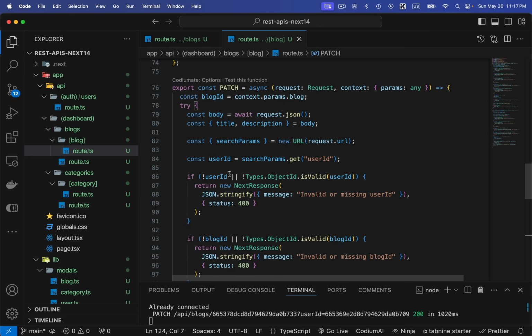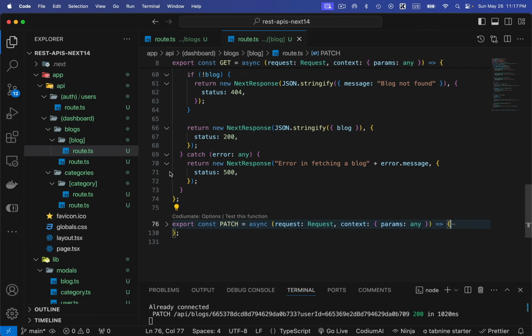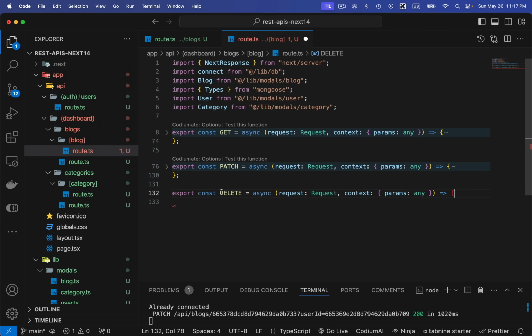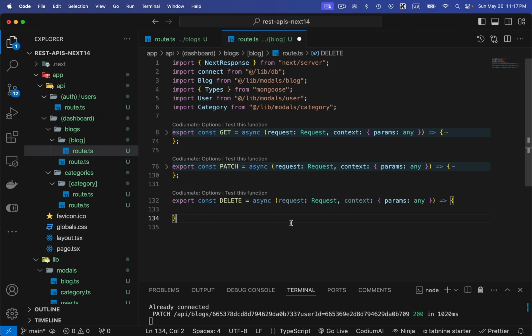All right, so quickly I'm going to add a delete request, and for the delete request we need the same kind of stuff, the validations and all of these things. So I'm simply going to be adding it one by one. I don't want to waste your time. So this is the line which I've added, and now inside it I'm going to add this one, params blog,